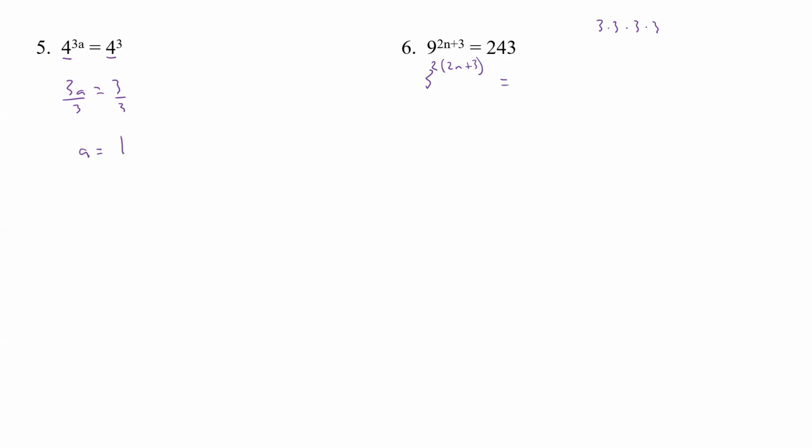81 times 3 again is 243. So that's going to be 3 to the 5th, because we're using threes. So now we have like bases. Well, this one is 4n plus 6 equals 5. Subtract 6: 4n equals negative 1, divide by 4, and n is equal to negative 1/4, and that would